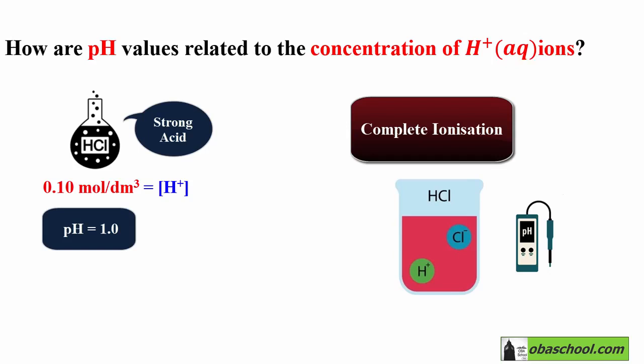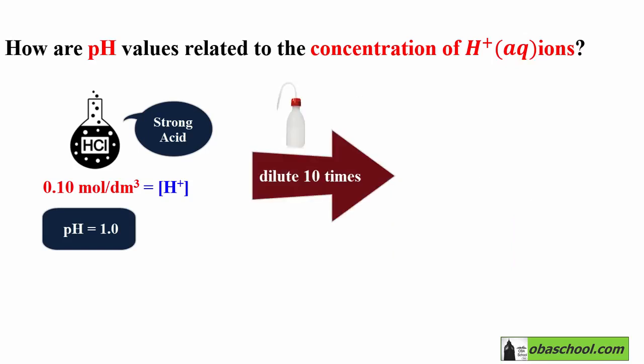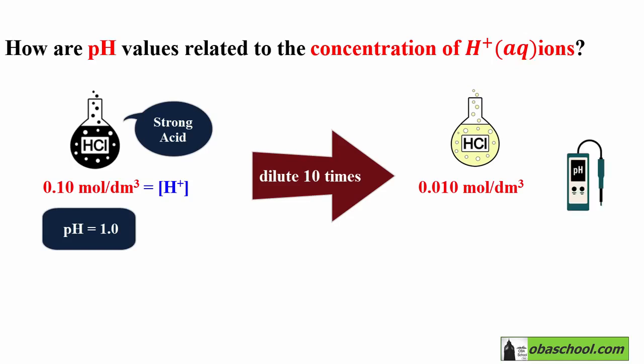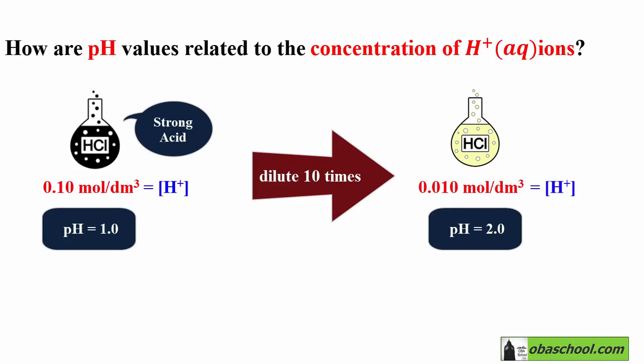Let's dilute this solution 10 times by adding water. When this solution is diluted 10 times, so by a factor of 10, the concentration will be 0.010 mole per cubic decimeter. Let's now measure its pH. We will find that the pH value of this solution is equal to 2.0. So now the concentration of H+ ions is equal to 0.010 mole per cubic decimeter,